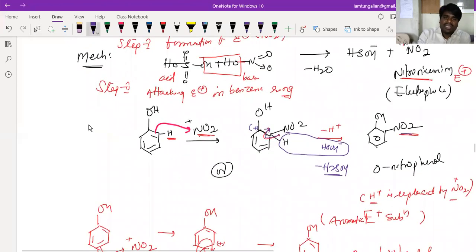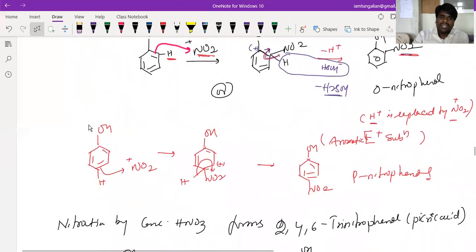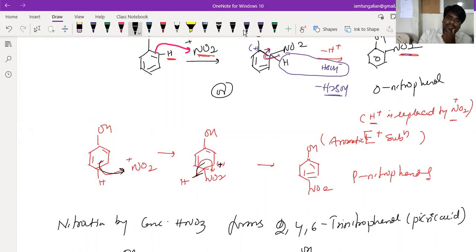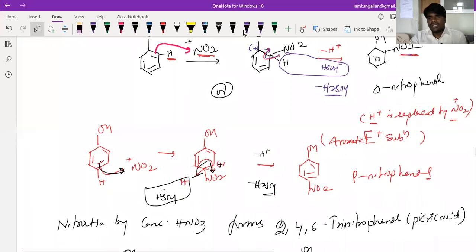If the same thing attacks at the para position, here also the same thing is happening, beta. Since it is electron deficient, this pi bond is given to this, and this particular carbon gets a positive charge. In the process of nullifying this positive charge, this sigma bond is converted into pi bond between these two carbons, beta. By that, this H plus is removed, beta. How is this H plus removed here? See, this HSO4 minus will abstract this one. So what will take place, beta? Loss of H2SO4 will take place. So this is the mechanism involved in the nitration. Is that clear, Anaga?